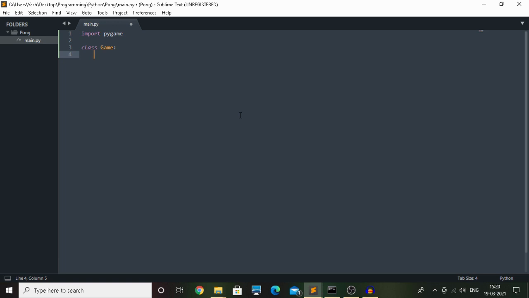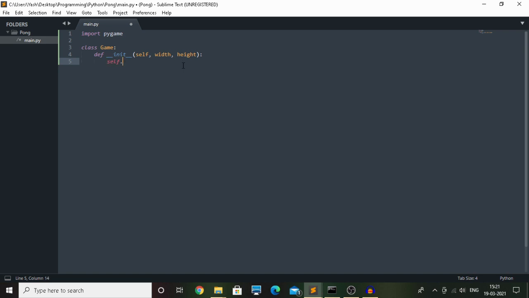So for the initialization, we will take width and height. This width and height will be the height and width of the window, and in this video, we'll only be setting up the window and not much else.